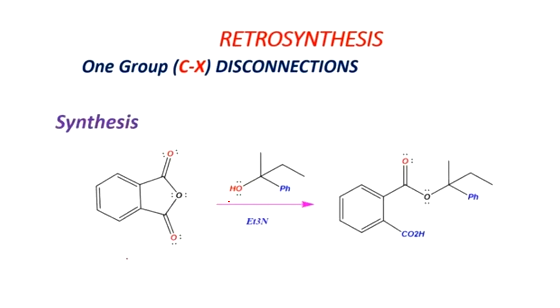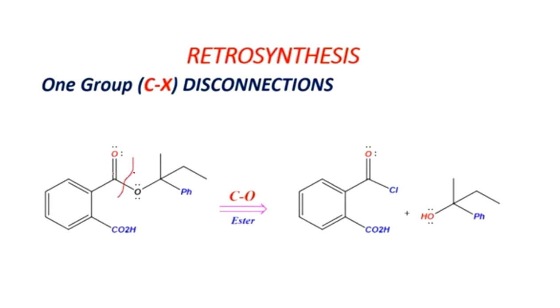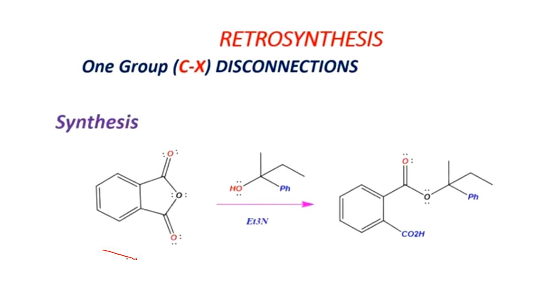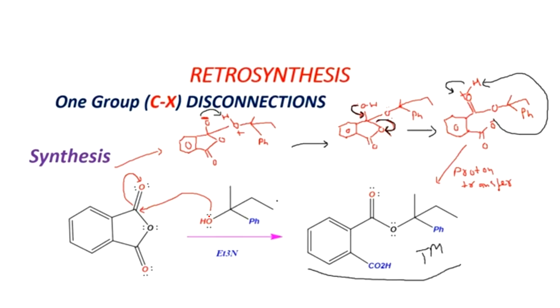So firstly we are doing our fragmentation or disconnection in the given molecule. After that we are doing a synthesis. So in this case, how could the synthesis proceed from this compound? We have to know how the synthesis could be obtained. Here the alcohol functional group's lone pair of electrons could attack this carbonyl group, opening the carbonyl group and forming a negative charge.